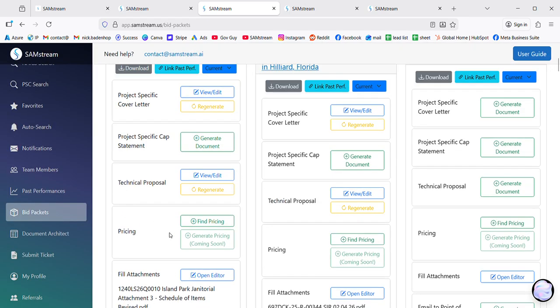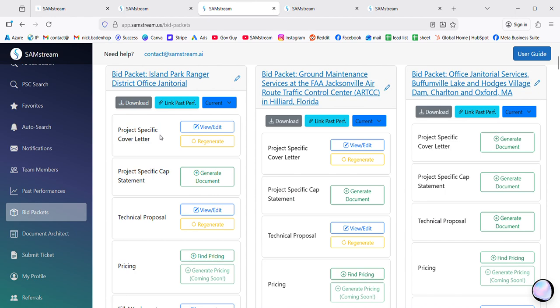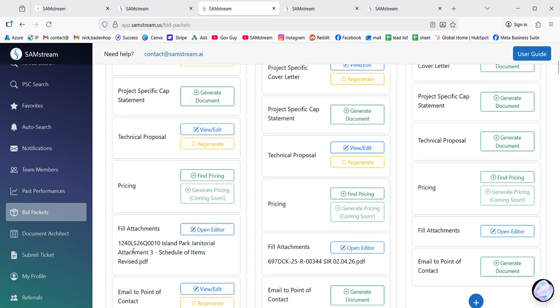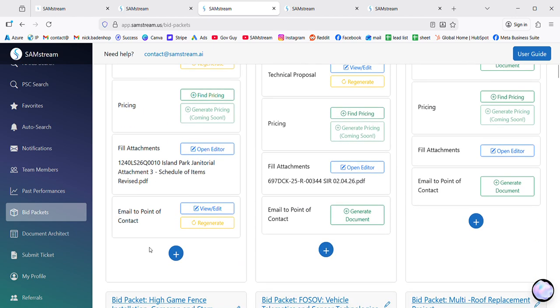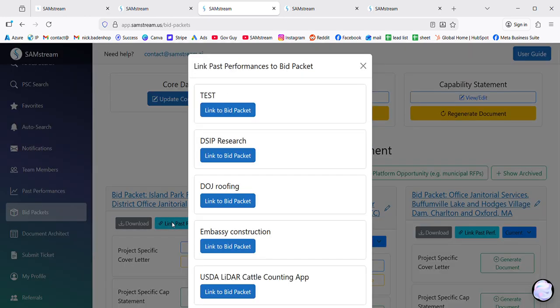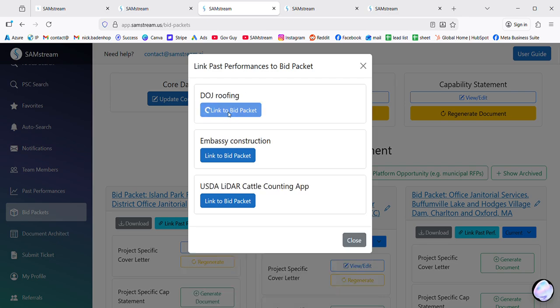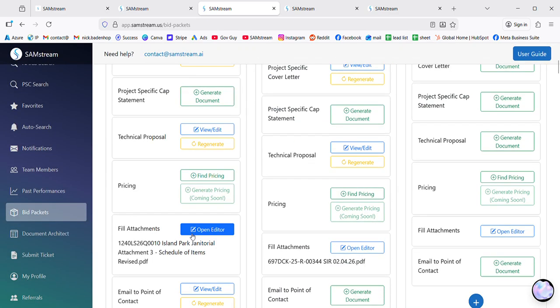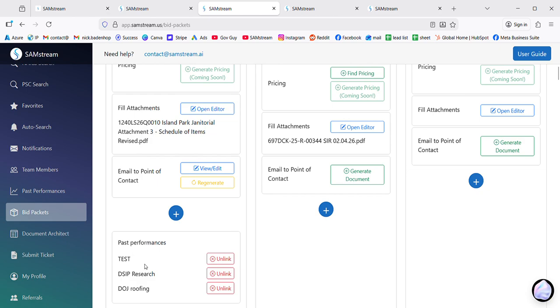bid packet here. So we have done our cover letter. We have done our technical proposal. We've filled out our documents, signed them, and put in our pricing. Now we need to link some past performance to this bid packet. I'm going to go ahead and hit link, and I'm going to link a couple of these. It is now part of this bid packet. Now, all I need to do is go